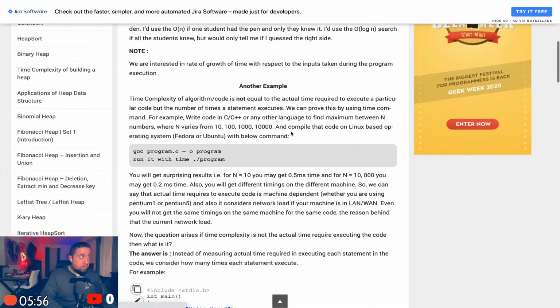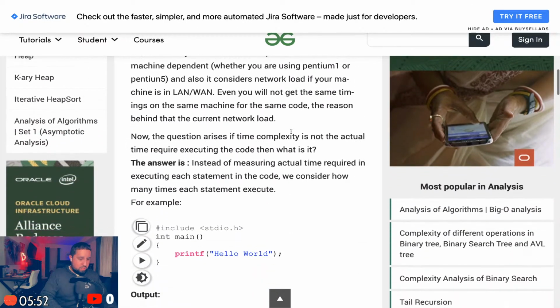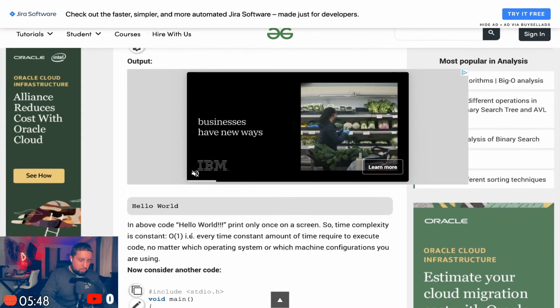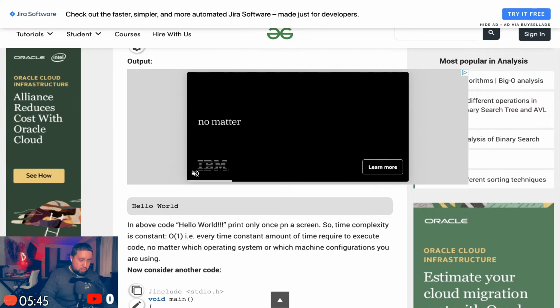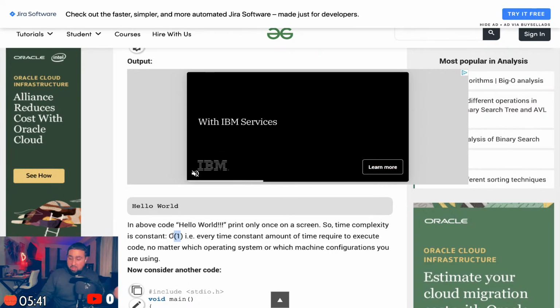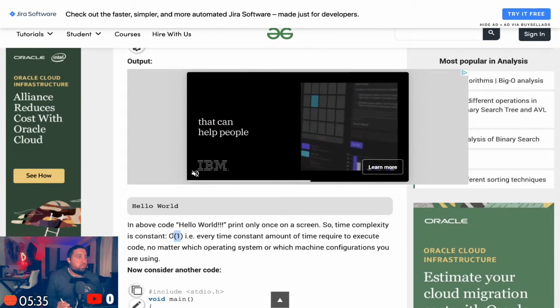Where's that example at again? Print hello. This is the one I wanted. The above hello world prints only once on the screen, so time complexity is constant. All right, that's the only piece of information I can go with. Honestly, I don't really know how else I can measure this without any data structure.